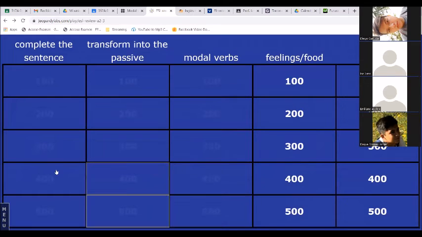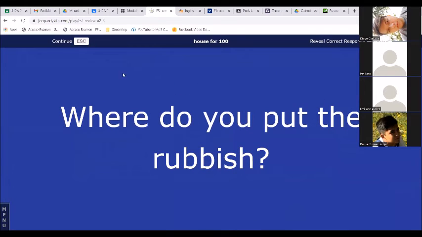All right. Let's keep it going. Back to the categories: feelings, food, and the house. Choose a category and let us keep going. House. All right. In your house, where do you put the rubbish?